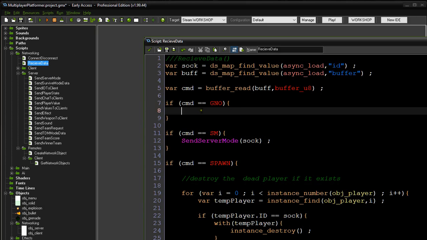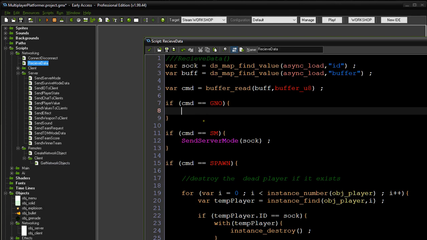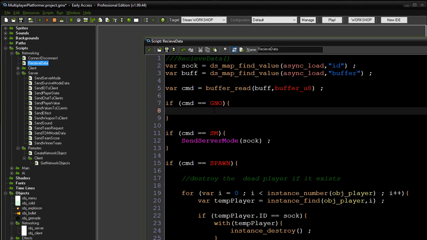Okay. So when a client sends this request to the server, we will create, or at least send him this. Basically, we will send some information to this client that sends us this command and create the objects that are in the game. So, how are we gonna do that? Well, this is why we have created this create network object. So for now, for each